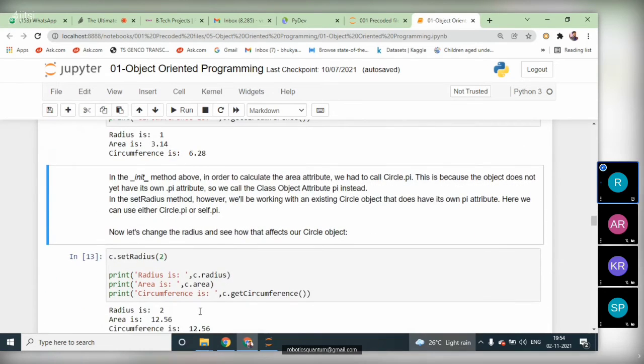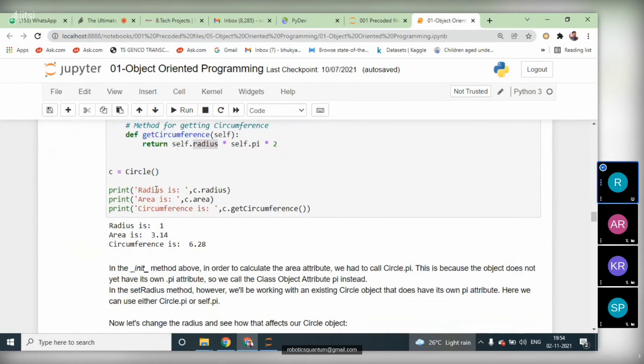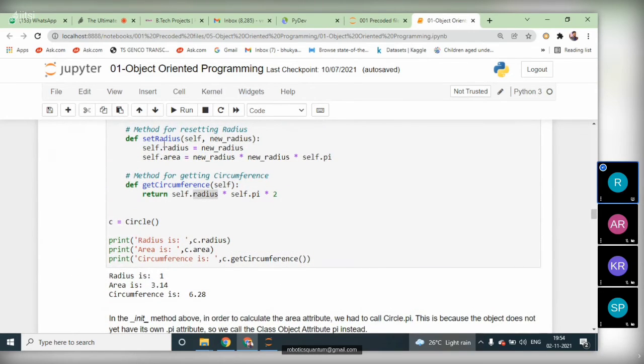But when you want to pass some value, with the help of the object reference variable we call the set radius method. Now we are executing this method, and we must pass a value for the new radius.